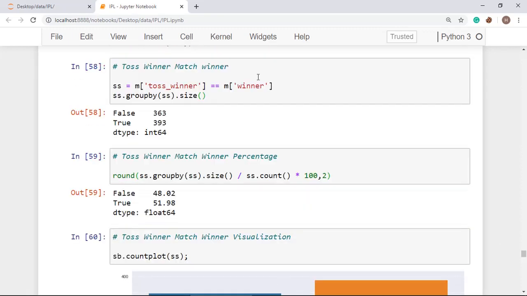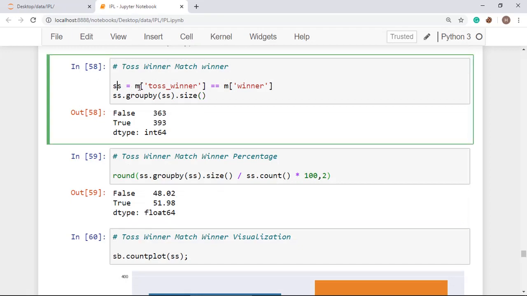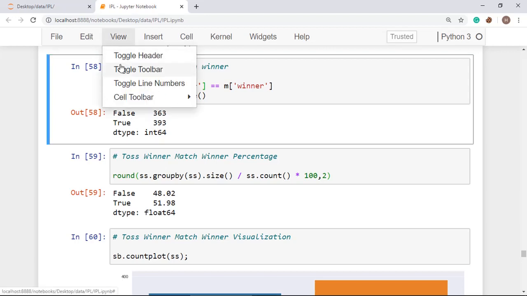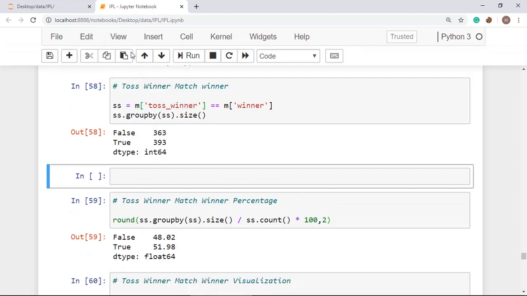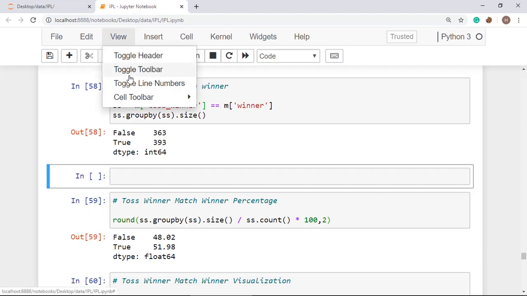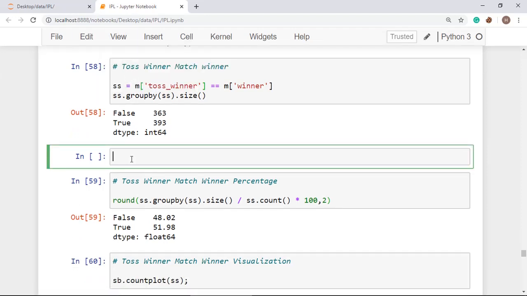You just have to do what? Here you have to create a data set where, if you want it for a particular team, I'm going to show you how to do this. Okay, so let's see what we have to do. We have to first create a data set. So I'm taking toss winner, match winner for a particular team.